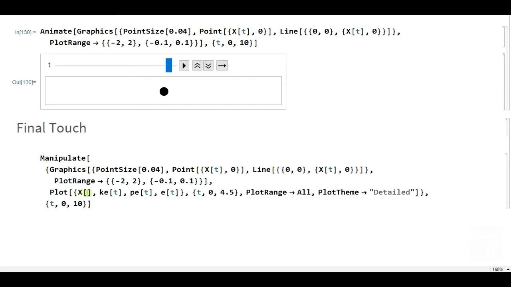call it x, small x. Okay, not small x, let's go for capital T. So just replace them with capital T so that our plotting and the manipulation or the animation is working properly, because if you don't do it then it won't work properly. So yeah,